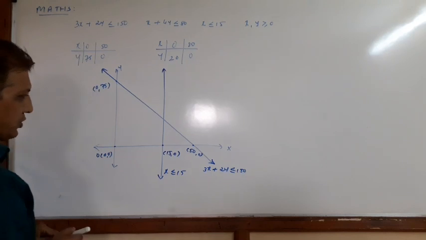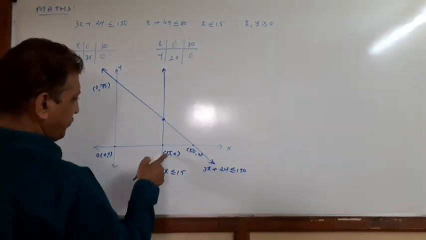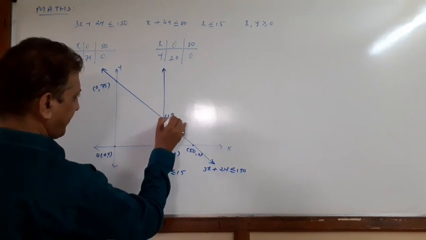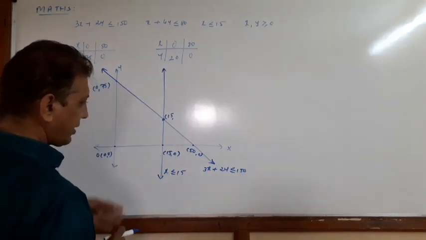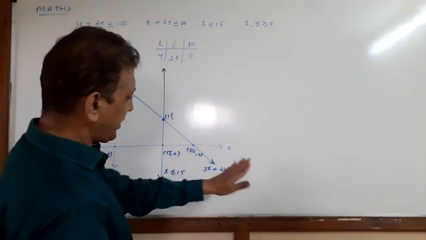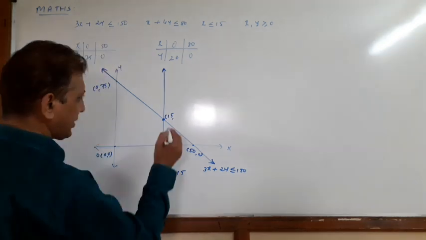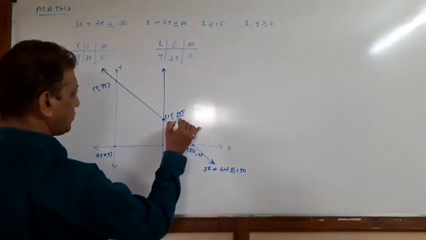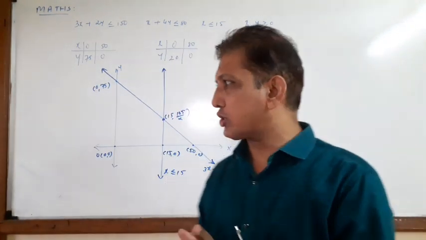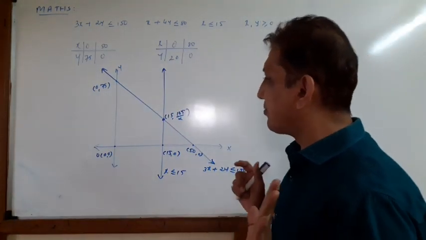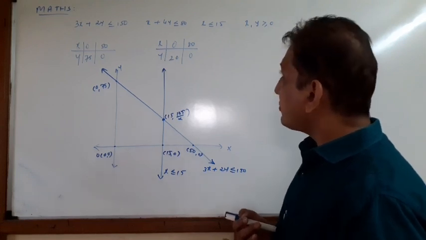Okay. So first we find the intersection point of this line. x equal to 15, fix. Put x equal to 15. 15 threes are 45. 150 minus 45 is 105. 2y equal to 105, y equal to 105 upon 2. The y coordinate is 105 upon 2, approximately 52 point something. Right? Okay.